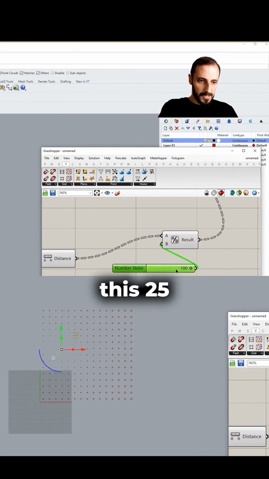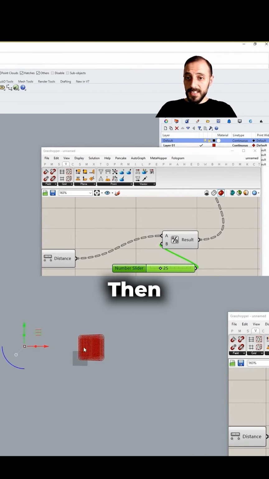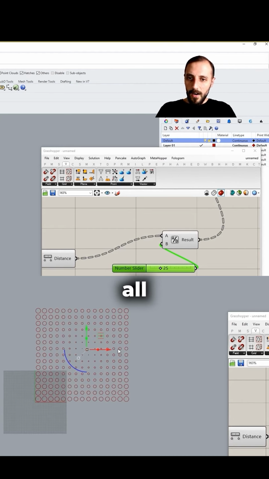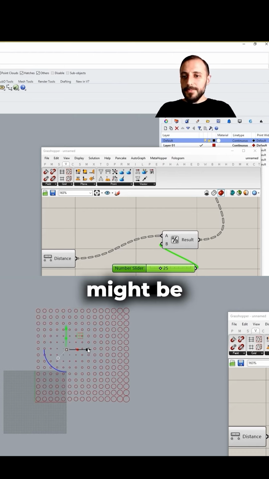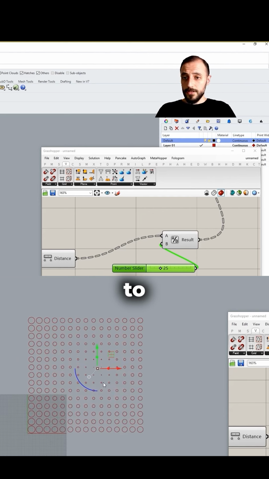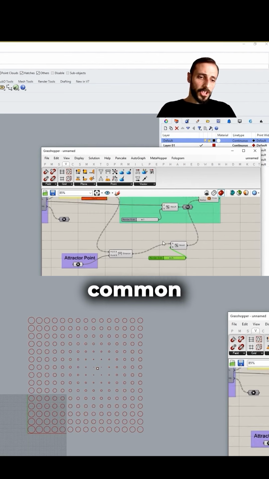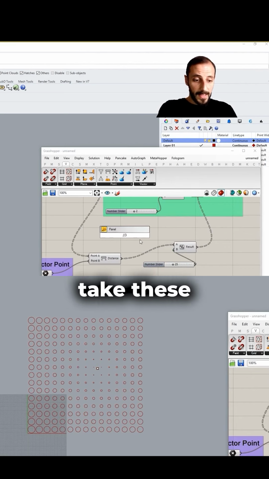Okay, let's just double click to this, 25. And you see, if I pull this point here, then again, what we'll be seeing is they are all overlapping on one another. I mean, which might be something you want to do, which might be something you want to avoid. But there are a couple of ways to control this data. The one thing, or the most common one, is to take these values and